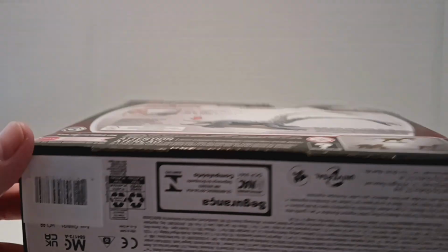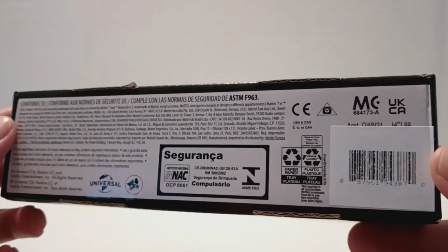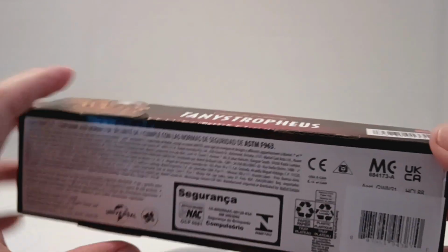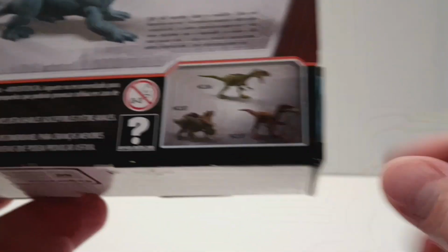And here is the bottom of the packaging. All the copyright information there. Universal emblem logo right there. And then here is what's in the rest of the wave. I do have the